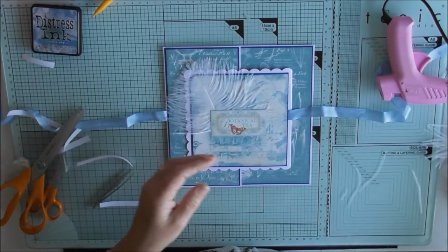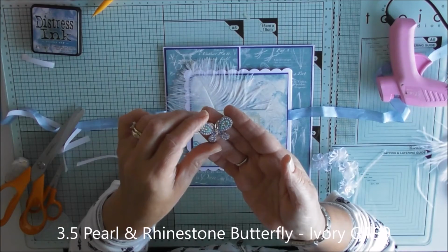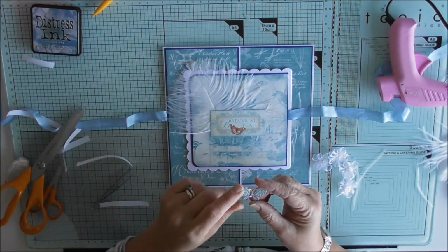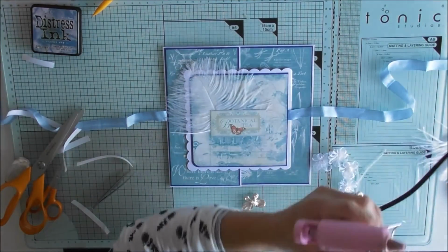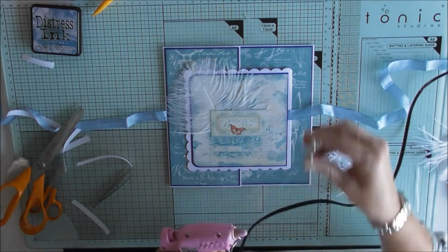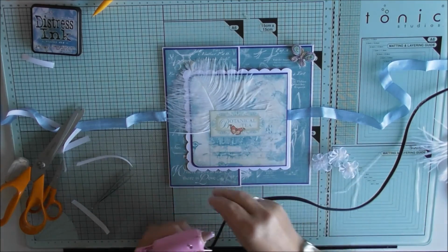There we are. And now we're going to add this really pretty butterfly, and it's a pearl and rhinestone butterfly, GA99, which is the ivory one. I'm not sure if Deb still carries the blue ones. I've not seen any. Ow, that hurt. So pop that in the corner, just there. And then we'll have